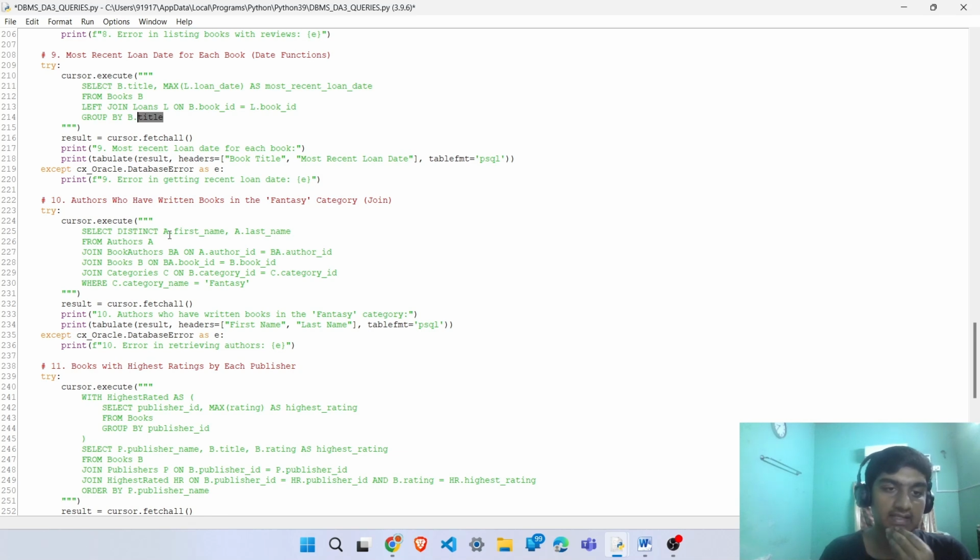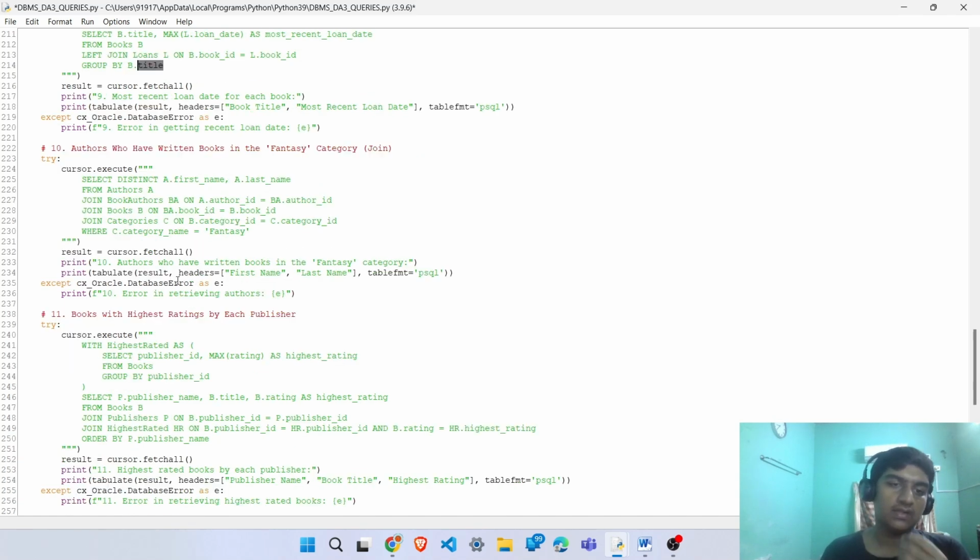Here we select distinct name from authors, and join authors with book authors on author ID because that is the common key, and we join book with book ID. We join book with book authors on book ID, and categories and books also with category ID, where category name is equal to fantasy, and we return the first name and last name of the